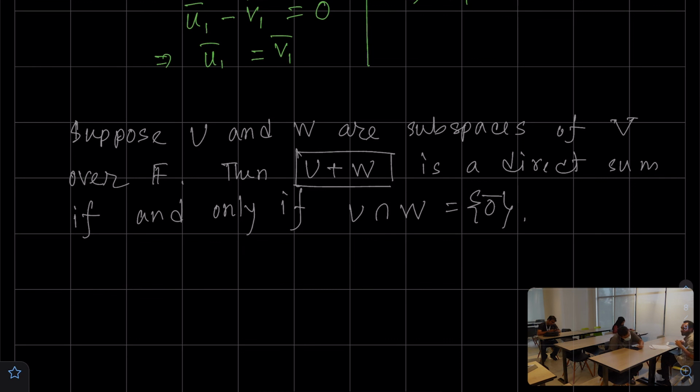U and W intersection, then U plus W. These are all subspaces. U and W are subspaces of the vector space V over the field F. Then U plus W is a direct sum if and only if U intersection W is the only 0 vector. So the proof is